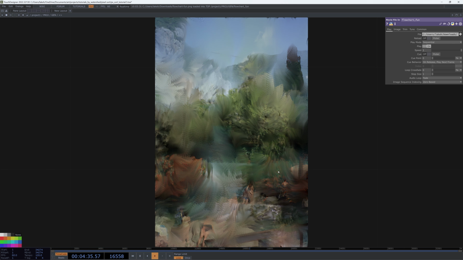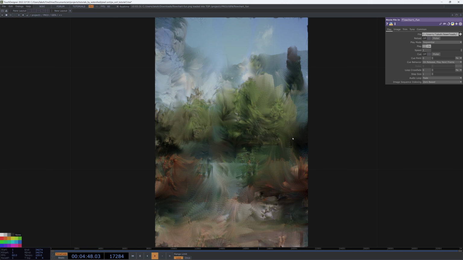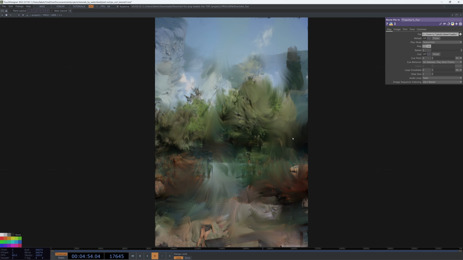TOPs are great, but I find that working with TOPs makes it pretty easy to get stuck just purely doing operations that affect the entire image at the same time. Now you can obviously get away from that, but it takes intent because of the way that TOPs, which are based on GLSL shaders, just naturally operate. So this is something that I wanted to put some thought into because I think it adds a lot of